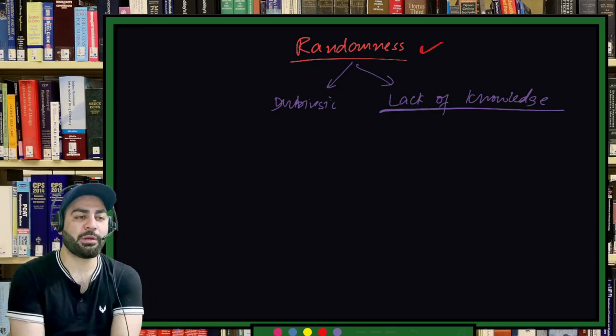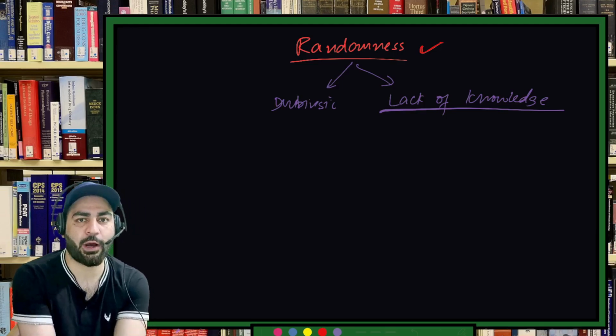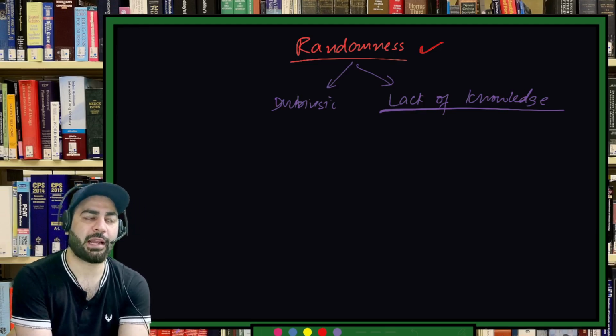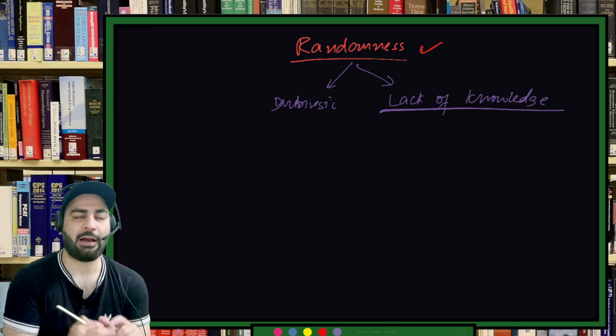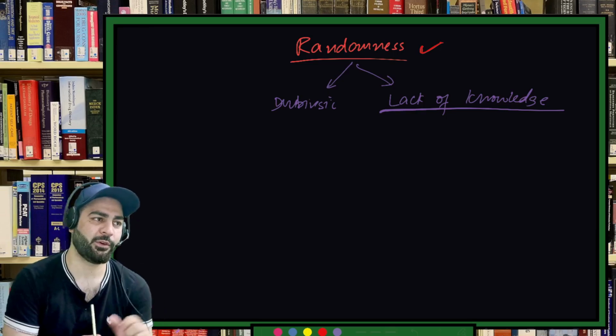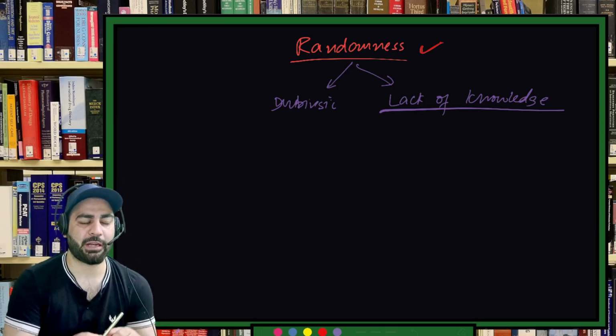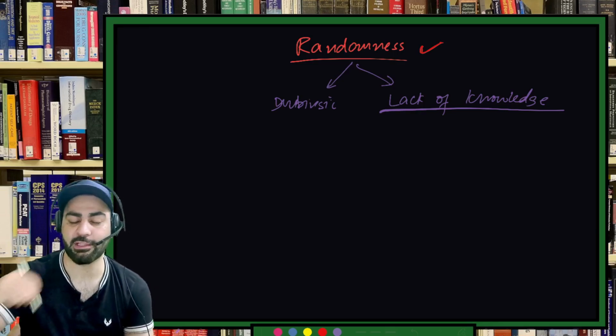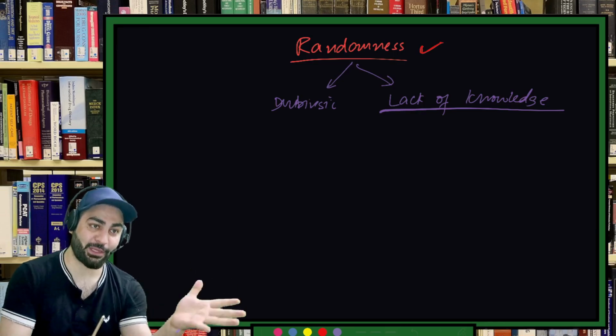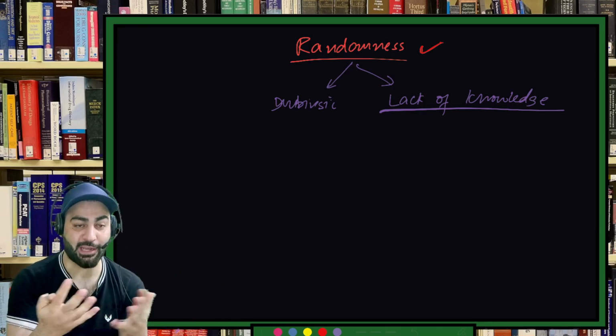Let's suppose humans, what they see as random. If you ask me what is random to me, it is something I haven't seen, or can't explain. I might have a lack of knowledge and I consider it random. That's why people try to unveil different things and say that there is no randomness, it's actually a lack of knowledge. There is a whole debate between quantum mechanics and classical mechanics, between Einstein and Bohr,